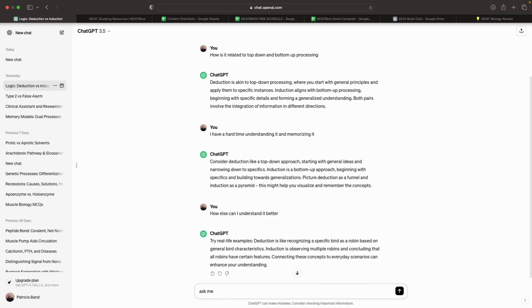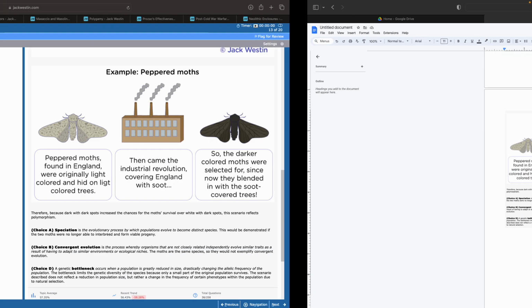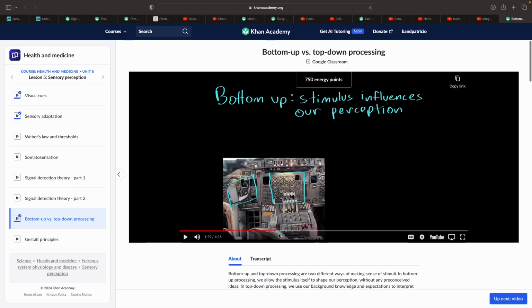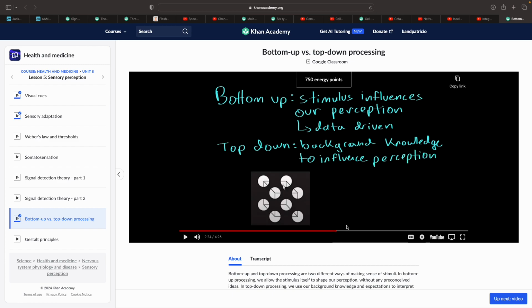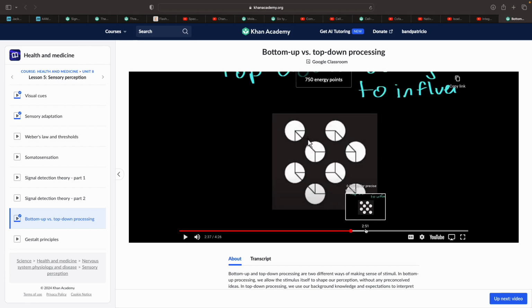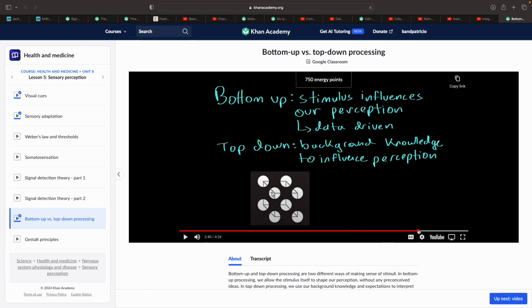starts with either a set of rules, like deduction, and it's always correct. Or it starts bottom up, where it's induction and it's based on the stimulus. So what's data driven? Bottom up is data driven, since you're seeing everything in front of you. But top down is